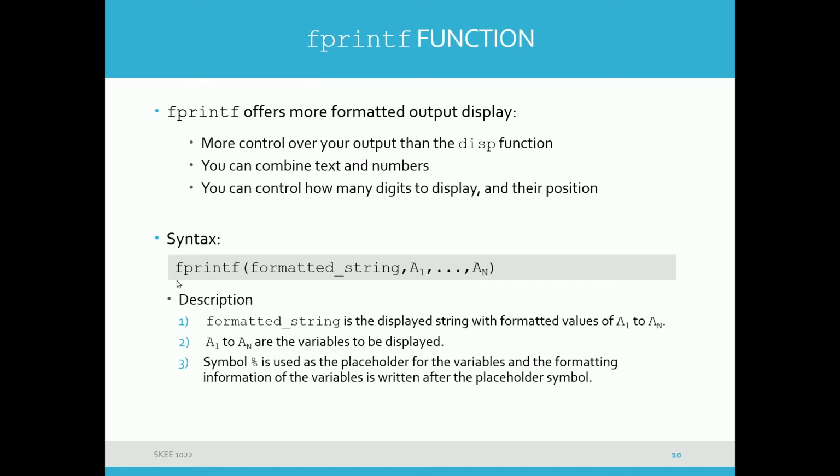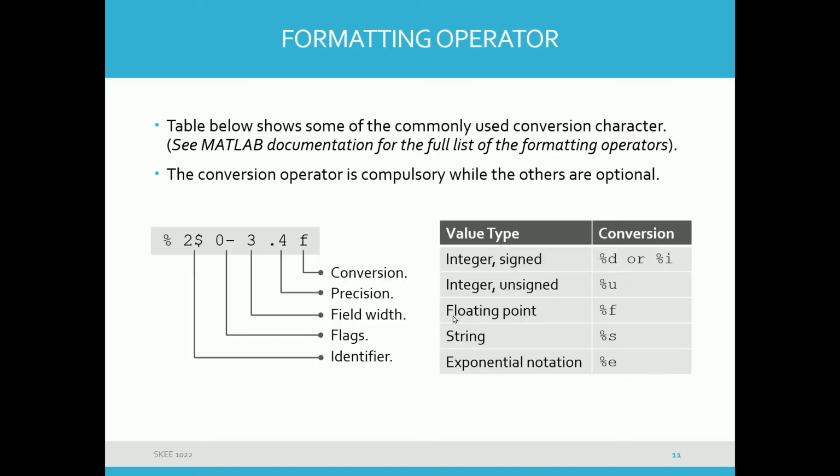So how to use fprintf? Just write fprintf. You can control the combination of text and number easily. You can control how many digits to be displayed in the position. So the string is displayed without format. I suggest you just look at the example. It is much easier to understand. So how to use fprintf? This is the formatting on how to use